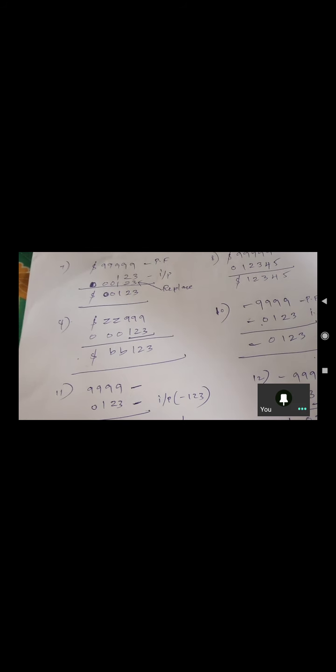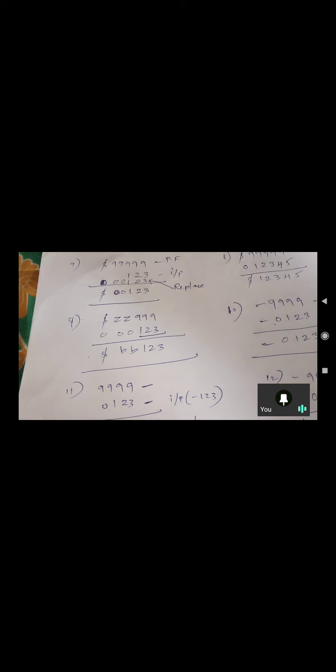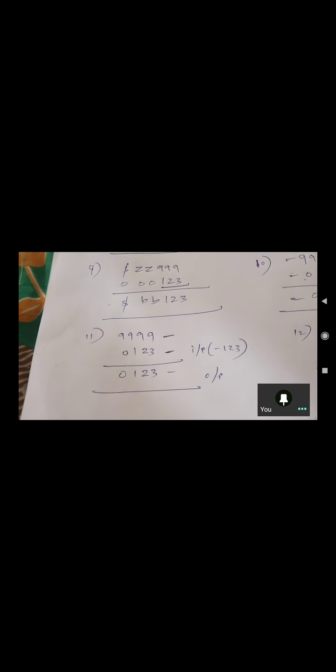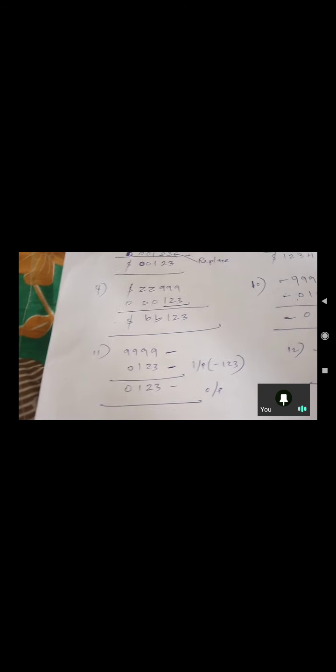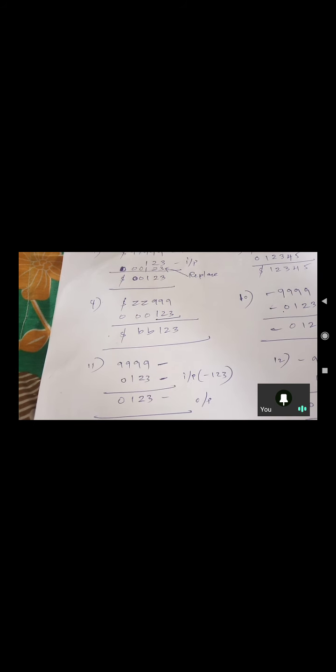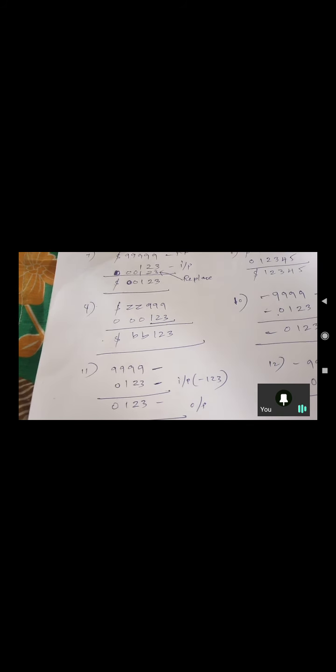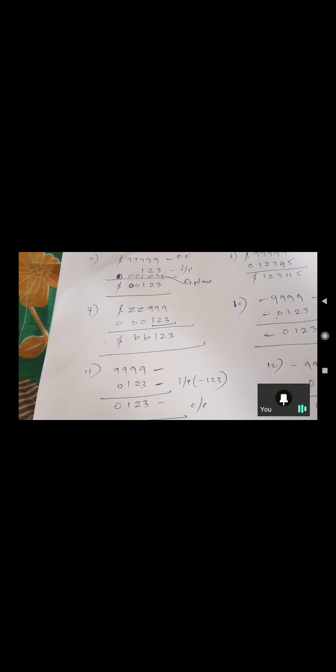Okay, and now what am I going to do? I am going to match the minus sign below the minus sign of the picture field. So in the picture field you have minus, and below that minus sign I am including the minus sign here. Okay, and then at the leftmost end, for the first 9 in your picture field we don't have any value, so I'm going to include a leftmost 0 over here. After this I'm going to match each and every character of the input with the picture field, and finally I'm going to get the same value as output: 0, 1, 2, 3.